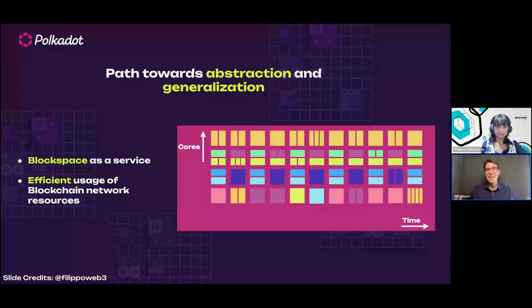So what we have seen here, and this may not be very easy to see, is that Polkadot is moving towards greater abstraction and greater generalization so that we have block space as a service. Anyone who wants to build a parachain can connect when they want to and use as much power as they want to. They may not need a lot of computational power, or they may need a lot of it. And this is a more efficient usage of this blockchain network. So what we've been working toward, again, is greater abstraction.